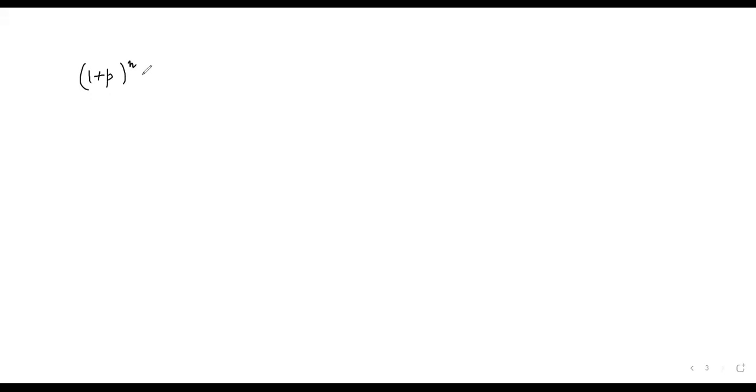Now this would be equal to, तो you know that binomial expansion को हम ऐसे भी लिख सकते हैं, this is cn0 into 1 plus cn1 into p raised to power 1 plus cn2 into p raised to power 2 plus so on and so forth, cnn p raised to power n. This is just the binomial expansion जो हमने किया है. Now